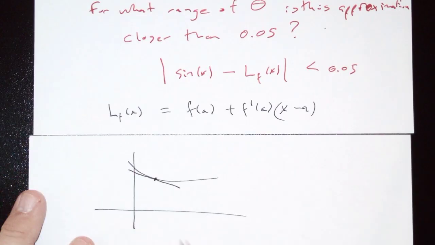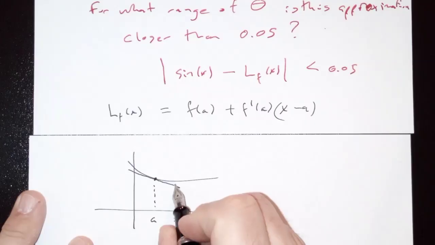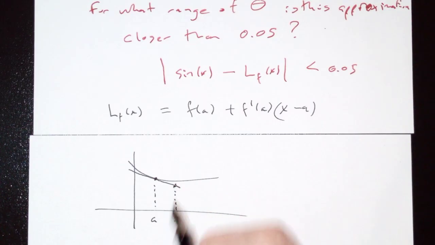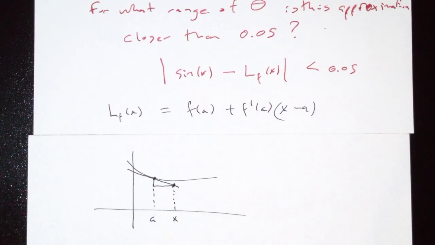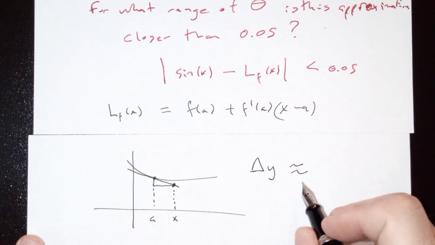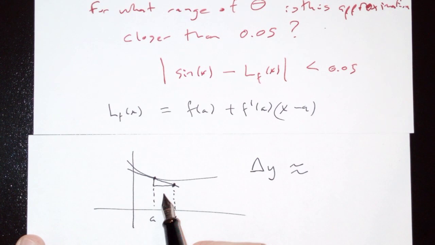I've blown it up quite a bit. So I'm going to say that here is our A value and way over here is our X value. When we do the linear approximation, we get this value. That's roughly, right triangle again, that's a change in Y, isn't it? The change in Y is roughly the change in X